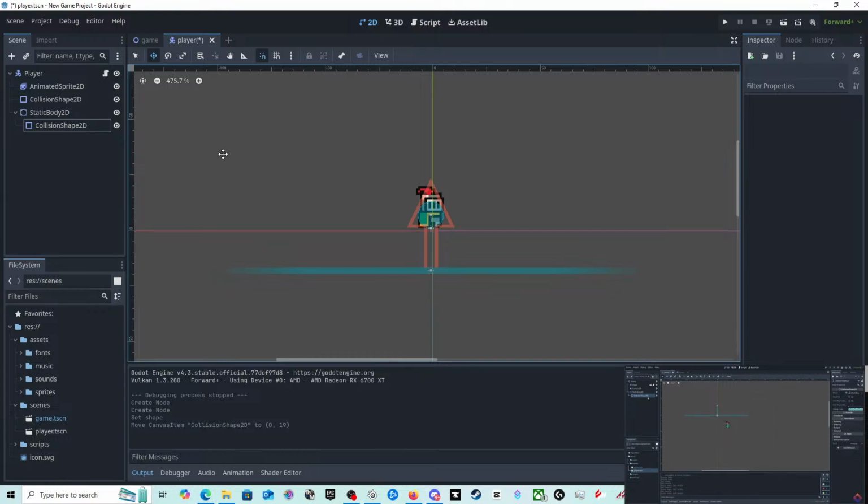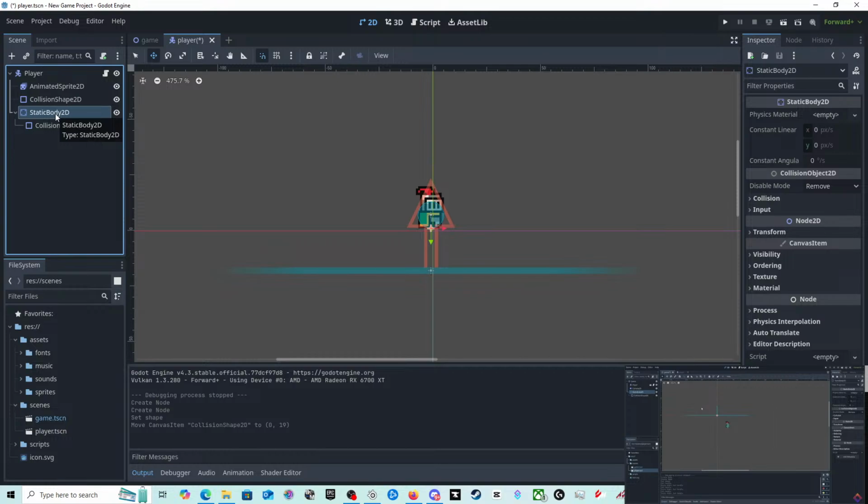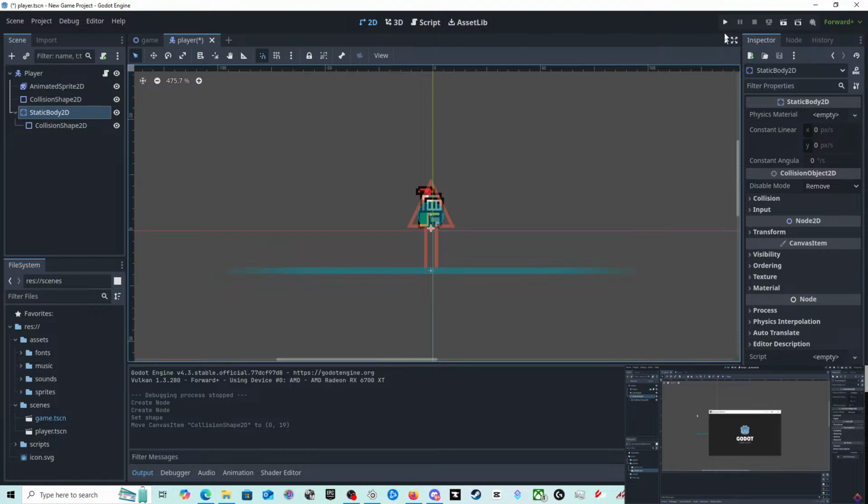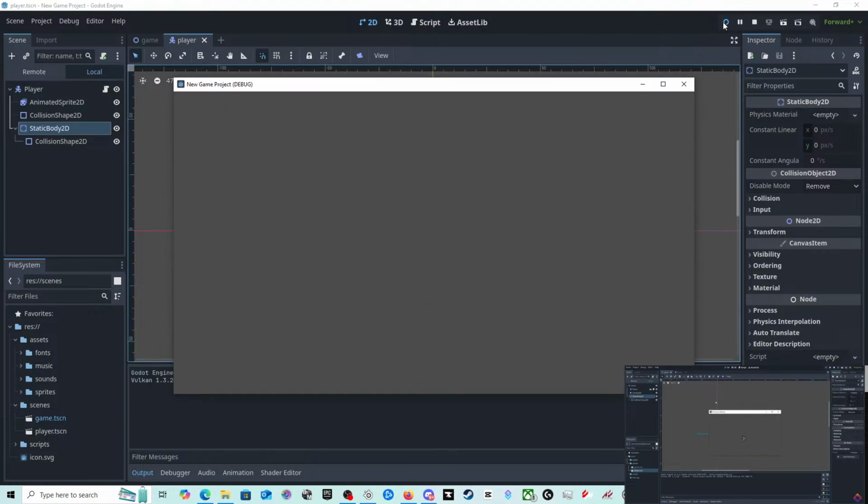To undo that, instead I'm going to select the entire static body here. I'm going to change to the move tool by pressing this icon here or simply W on the keyboard, and I'm going to move it down under our character. Then I'm going to go back to our select tool, which is here, or simply press Q. While our collider doesn't have any graphics, it's going to be invisible. We can now play, and there we go. Our player now gently lands on the collider.